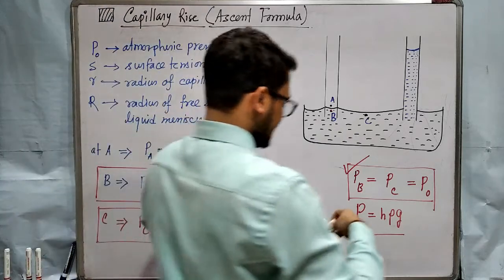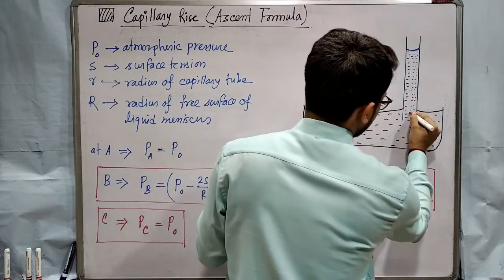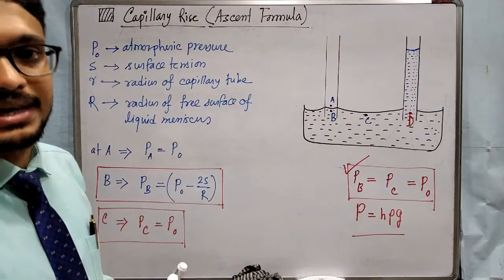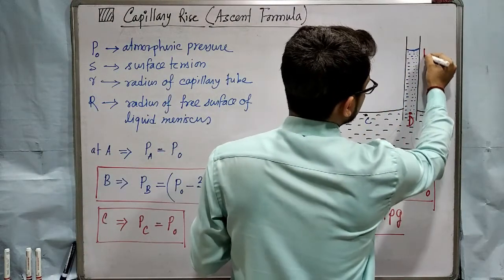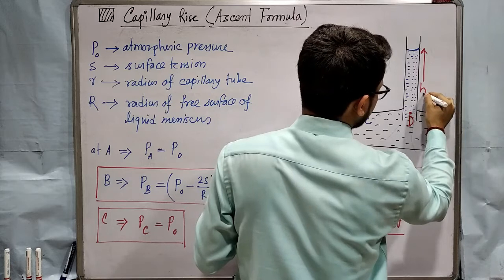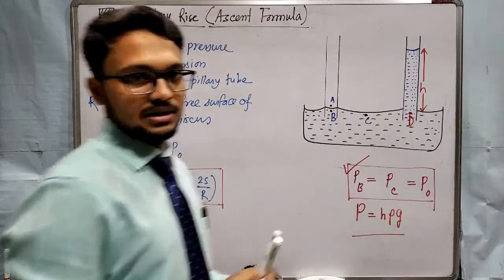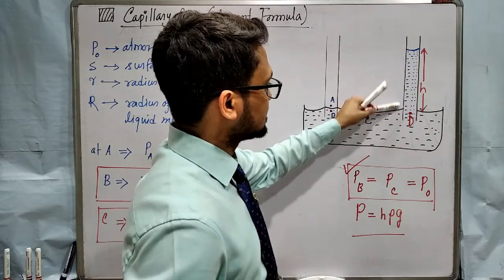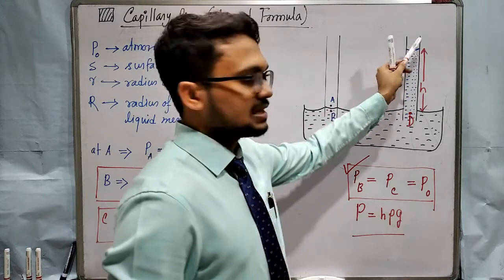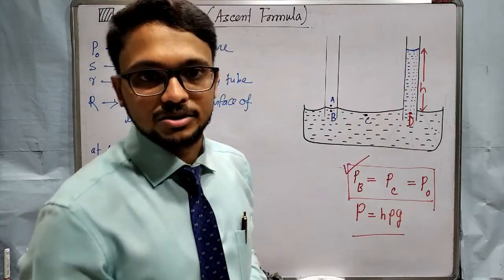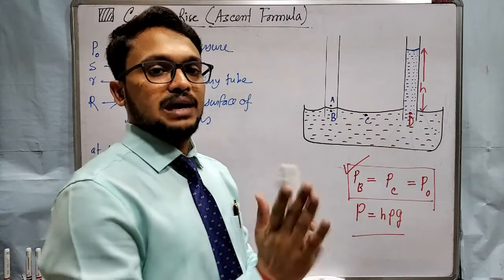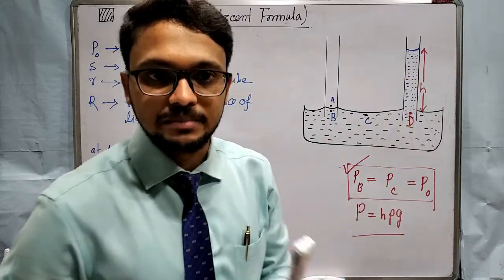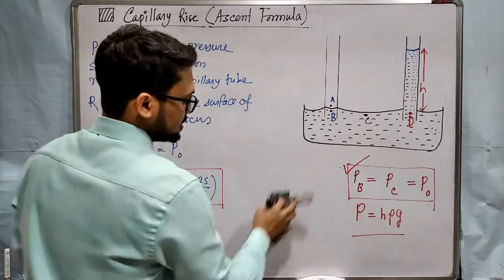Now if we take another point at the same level as B and C, and another point I am taking here, give name D. So PD will be equal to what? P0. Suppose this is H, the height of the liquid measured from the free surface of liquid. Now the pressure due to this column plus the pressure at the convex face will be equal to the atmospheric pressure. Both of them will balance the atmospheric pressure, and then the free surface of liquid will be in equilibrium. Clear this concept? So I am erasing this part.